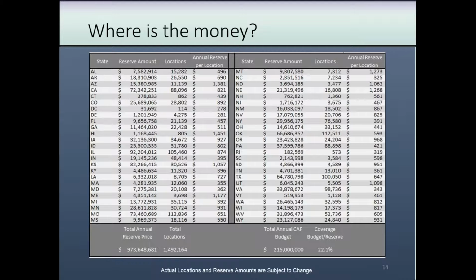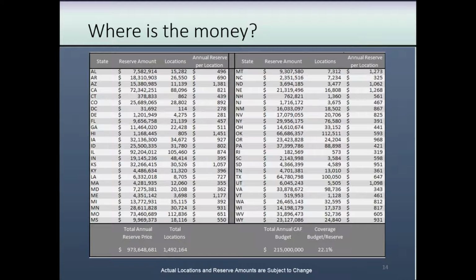So what we're looking at is the reserve amount, the number of eligible locations for funding. That doesn't mean the number of total locations that might be within the census blocks, but just those that the FCC has deemed is eligible for funding. The annual reserve amount per location as an average is provided as well. And you can see there's considerable variation that has been determined through a series of algorithms and what the FCC deems might be the cost, the additional subsidy cost to serve these areas.